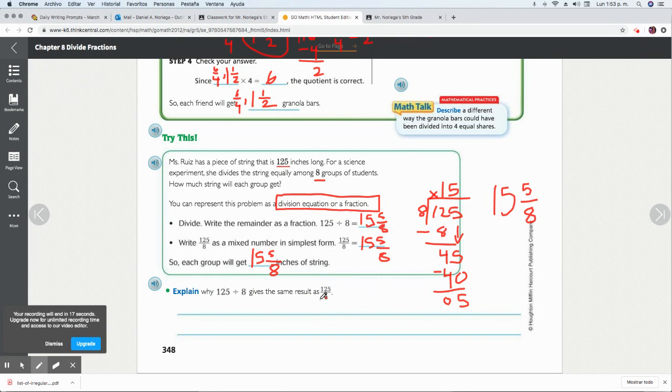All right, so why is 125 divided by 8 the same as 125/8? Because both equations represent the same problem. We're dividing this number by 8, and we're also dividing this